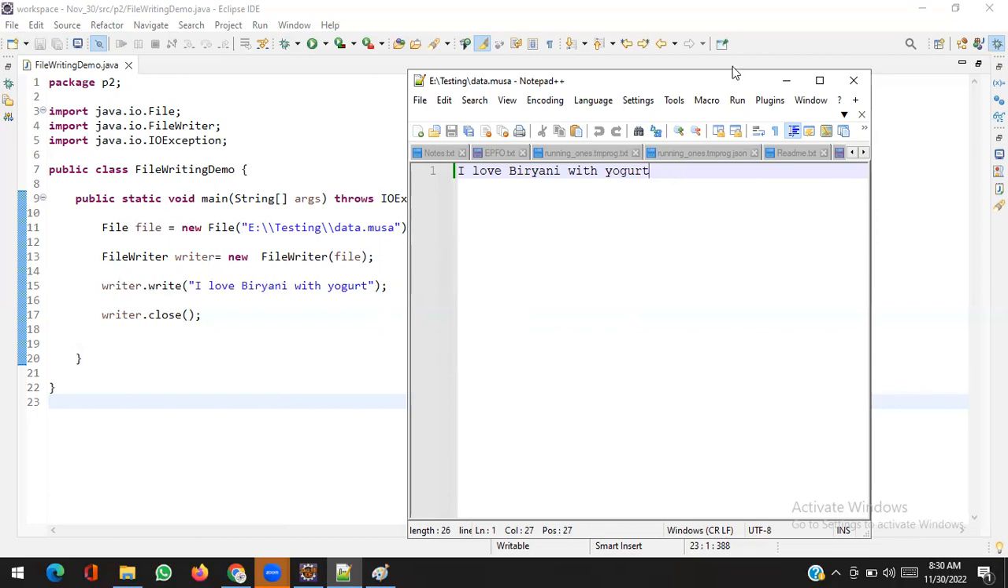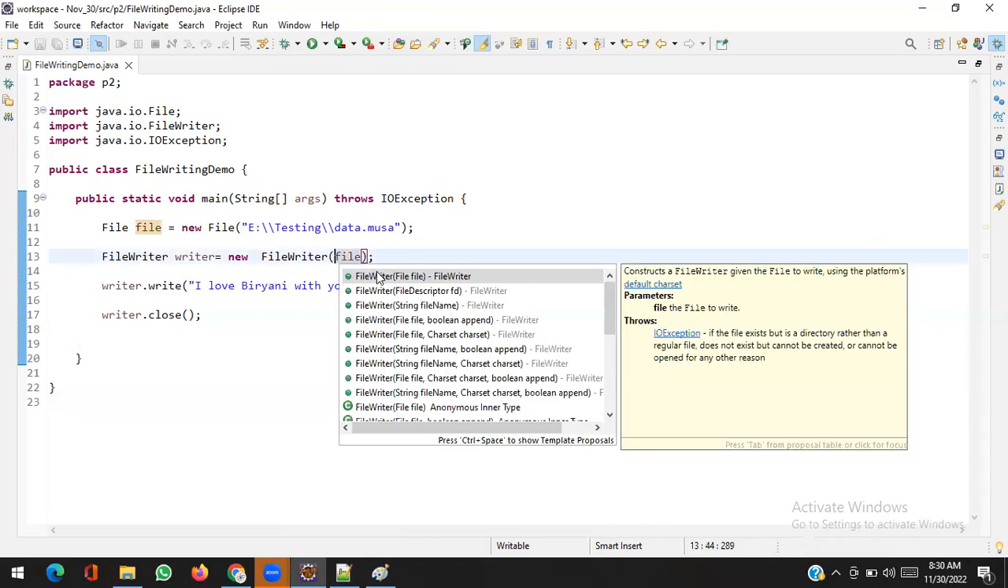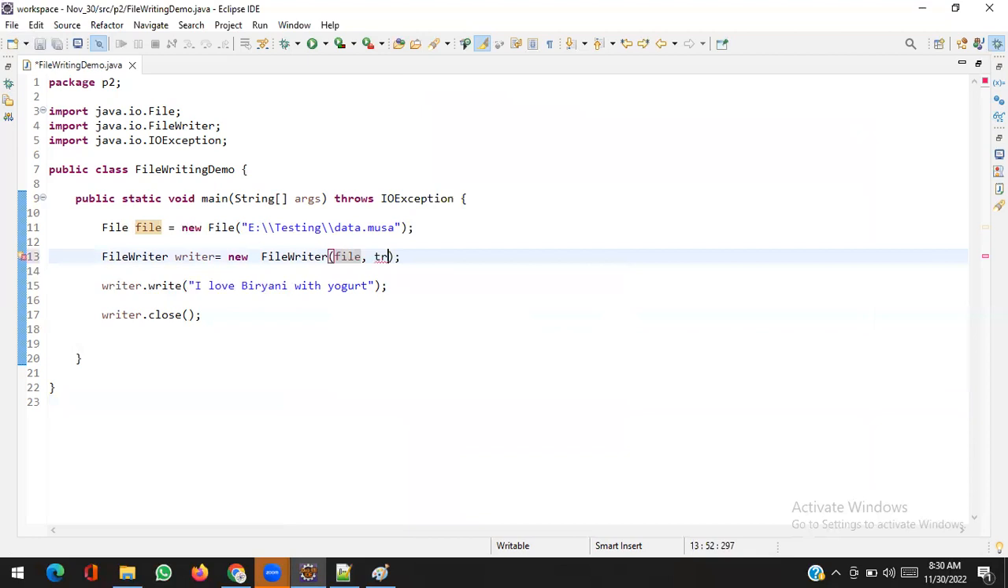I want append. In the FileWriter, we have a constructor with a boolean; we can pass true. So whatever we write, every time it will append. I will love biryani. Okay, my favorite